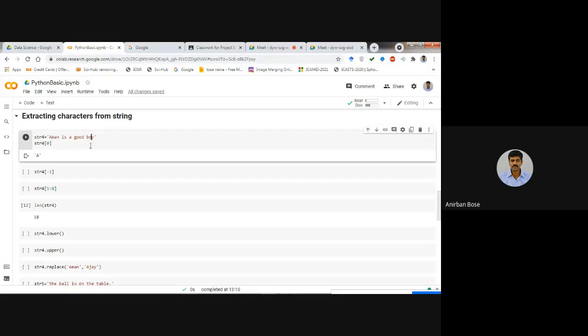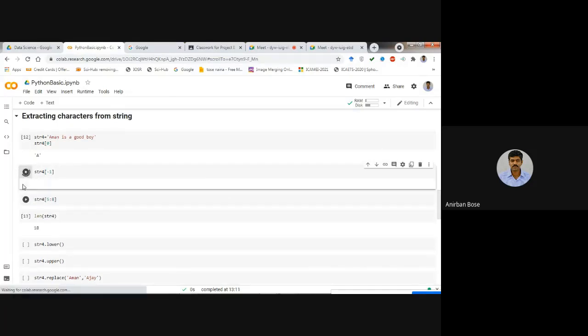Okay, and there is another way you can also extract the last character, that is the string of size -1. Size means the length of string 4 -1. So you need not write the length of string 4. Simply if you write -1, it will also do the same thing. This -1 means it is implied that it will subtract from the length of the string. That means 18 -1 actually. Okay. So if you just execute this, you will see that it is extracting y.